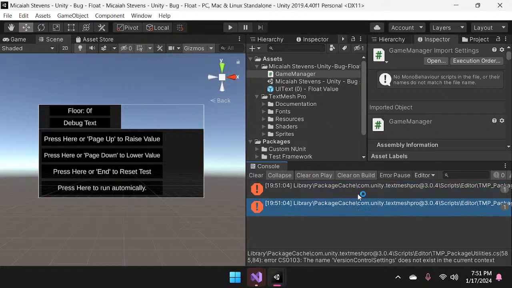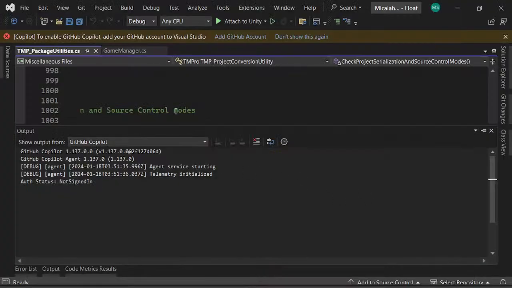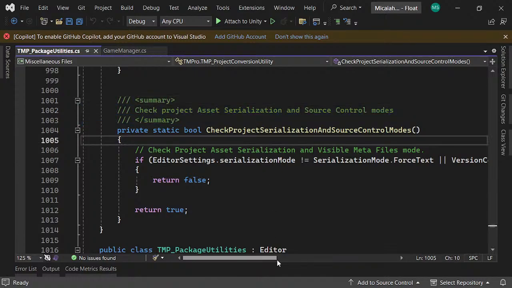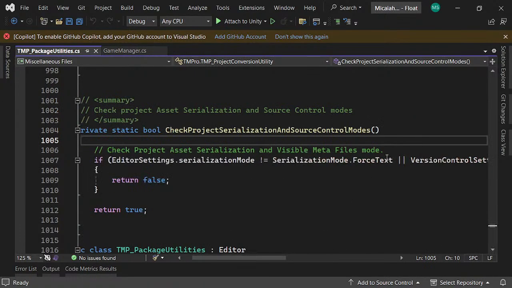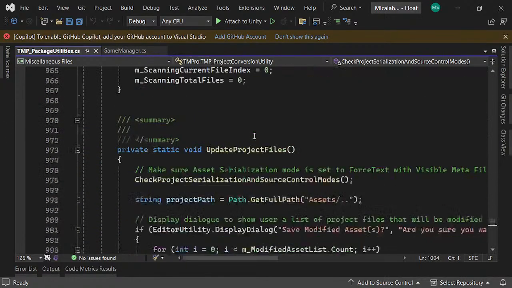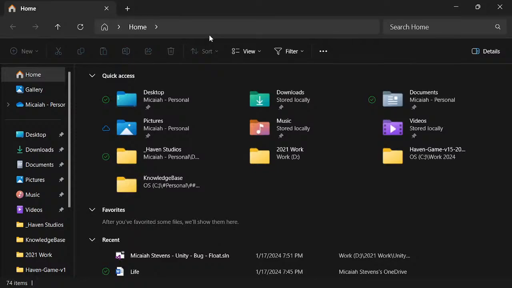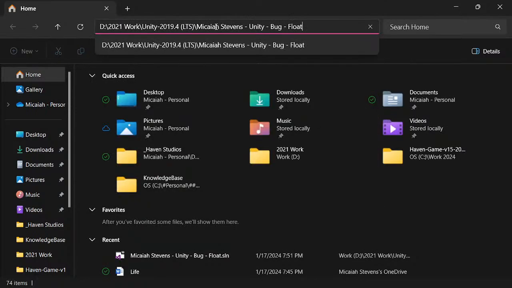Why are you showing me this? As a programmer, I simply don't care that your Visual Studio Meta whatever garbage is here. So now I've got to go debug. I don't care